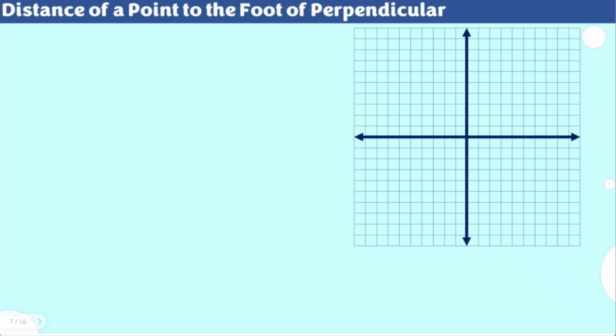After understanding the point of the perpendicular from a given point to the line, that is actually expressed here in terms of vectors, or its component in its definition is containing vectors. This time, let's talk about the distance of a point to the foot of the perpendicular. Now, this is very obvious.